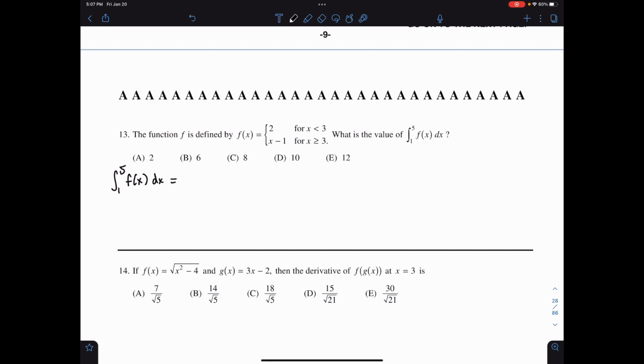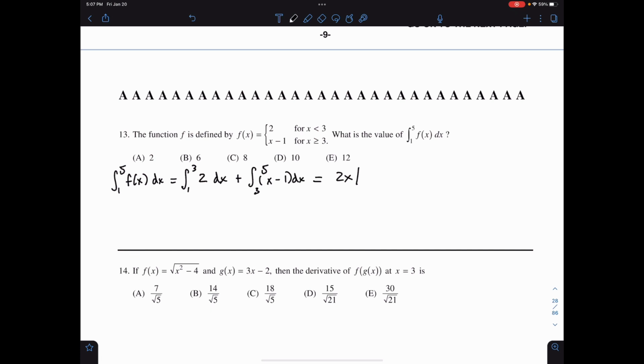So we have two bounds. The first one will go from 1 to 3 of f of x between 1 and 3, which is just 2 dx, plus the integral from 3 to 5 of the next piecewise function, x minus 1 dx. So this is equal to